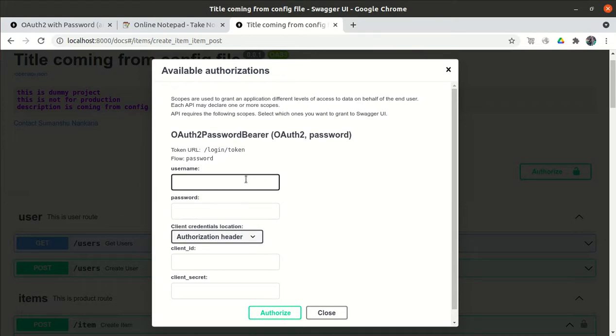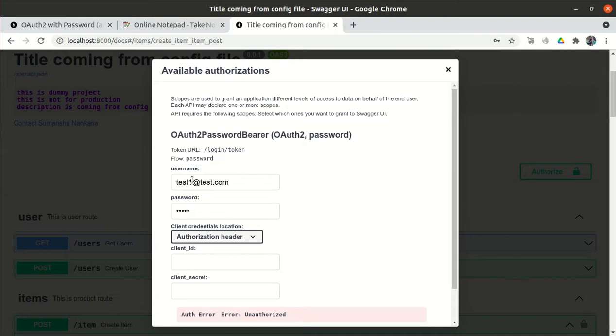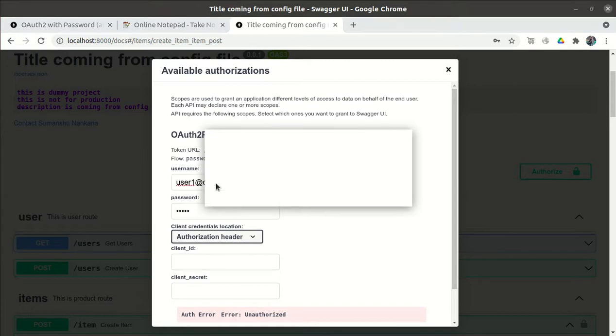I think test1@test.com, test1. I'm not sure whether this user exists or not. No. user1@user.com.